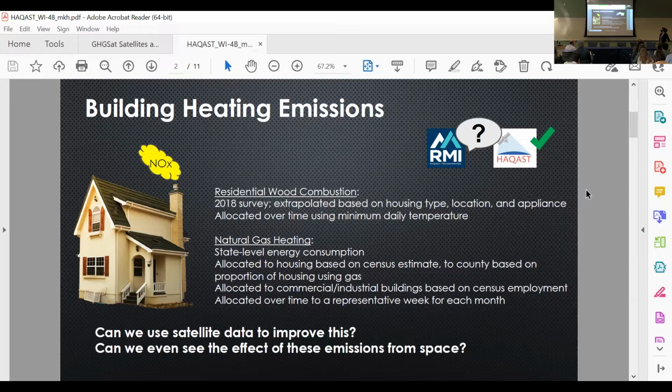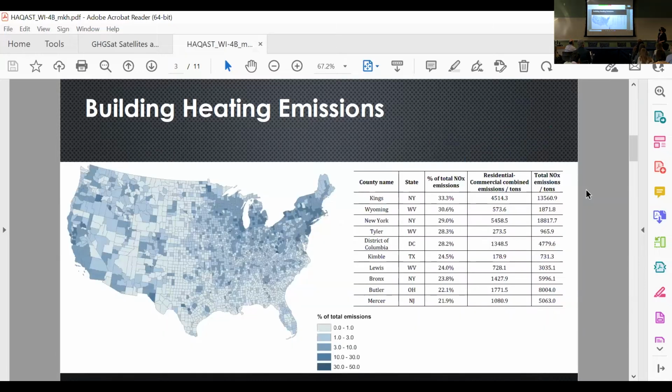So we want to know, can we use satellite data to improve this? But a bigger question to investigate first is, can satellites even see this? I mean, it's just building heating, right? Not cars. So what do we know about building heating? According to the 2017 NEI,